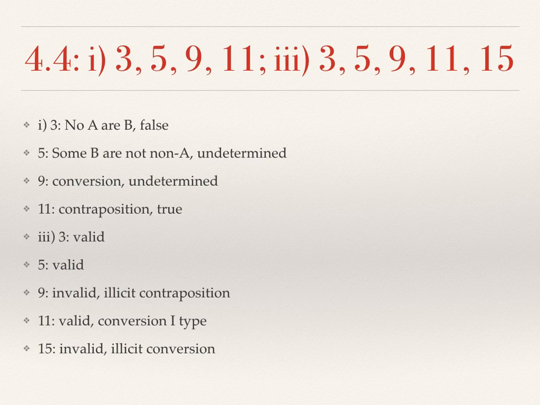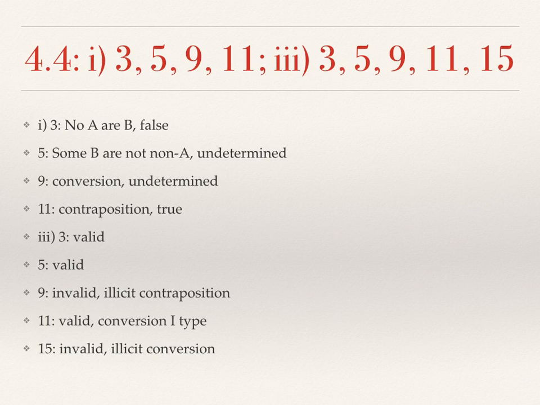Okay. Now section 3. Number 3, use conversion, obversion, and contraposition to determine whether the following arguments are valid or invalid. For those that are invalid, name the fallacy committed. So number 3 is valid, and it's basically using contraposition to get from one to the other, and so it is valid.